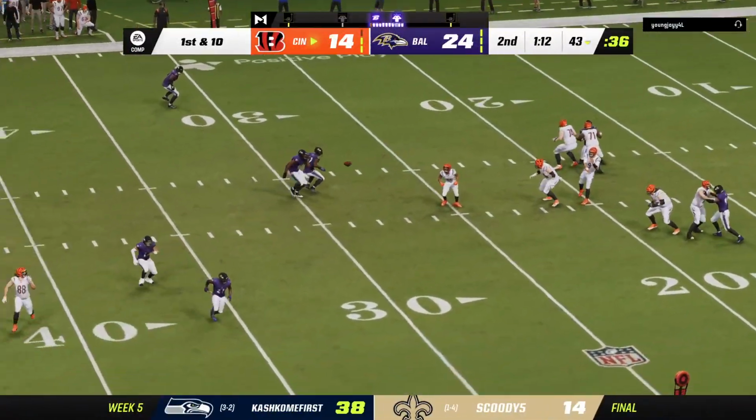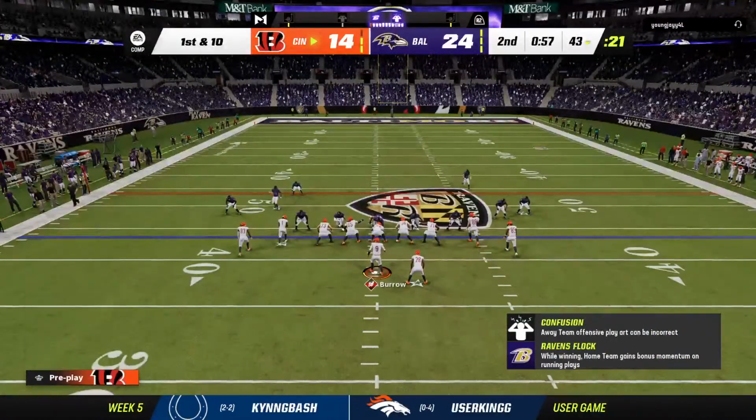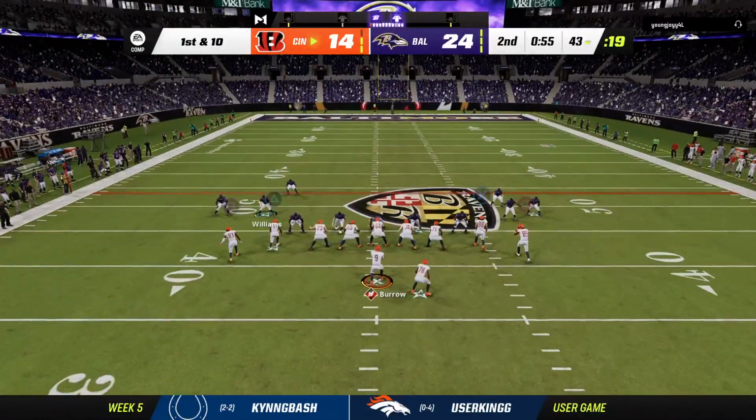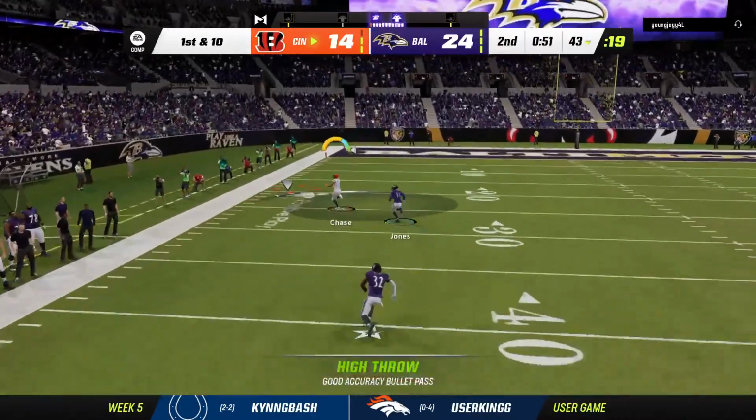Move the chains. Good job there of getting his tight end involved because he lines up on the right side of the formation, just works his way across the field. I really like how they were in sync on that one. He spotted the open gap in the...